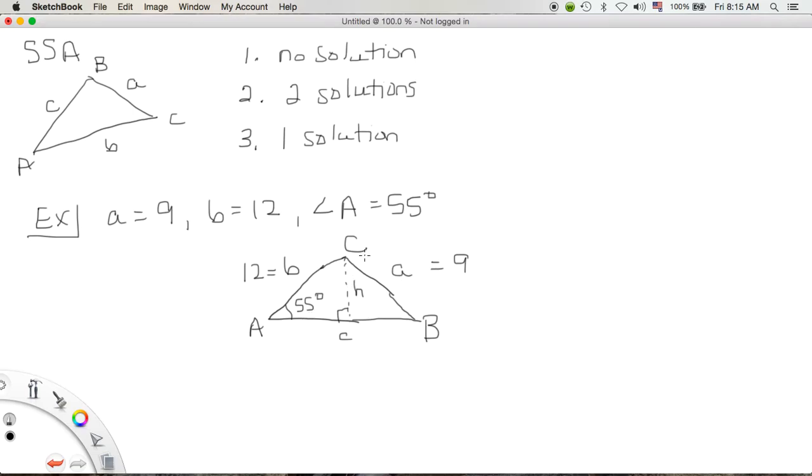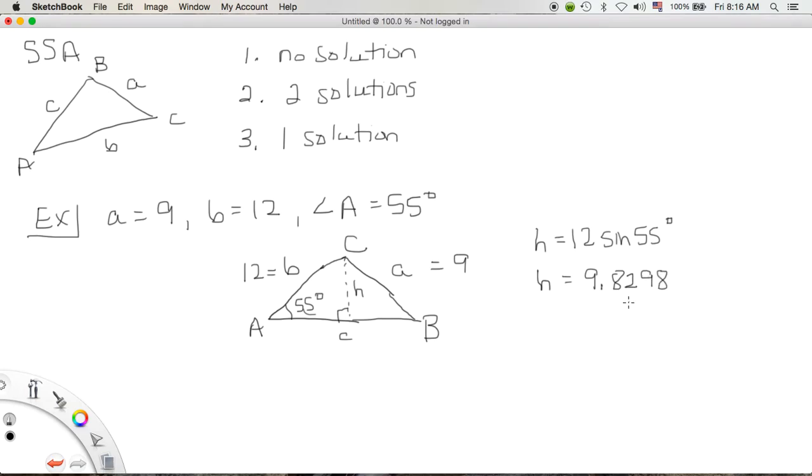So the height of the triangle is, remember, opposite over hypotenuse is your sine. So the height divided by 12 is going to give us the sine of 55 degrees. So the height would be the sine of 55 degrees times 12. So in this case, the height is